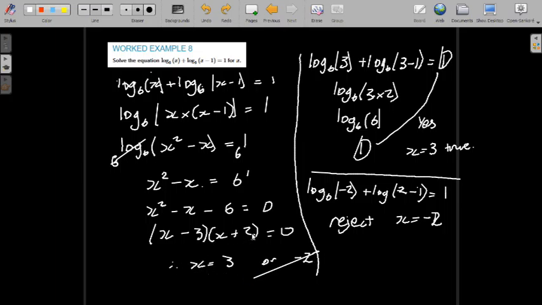So that's 11.3. It will take some working out, some practice to get through some of these. A lot of it's just about manipulation. So have a go at the